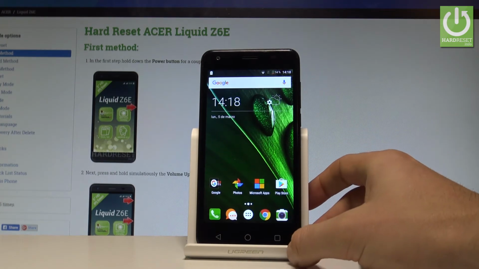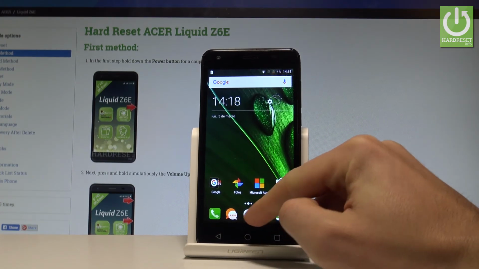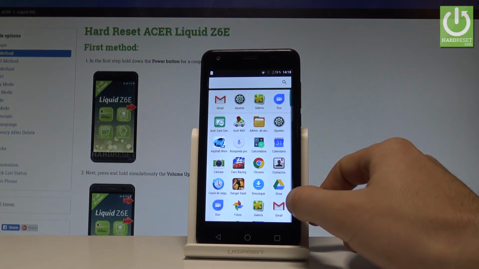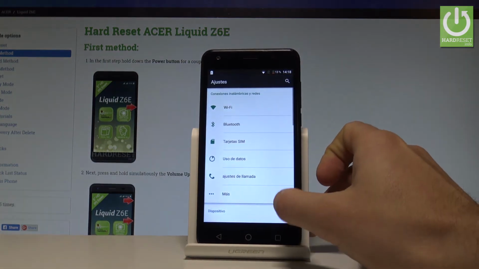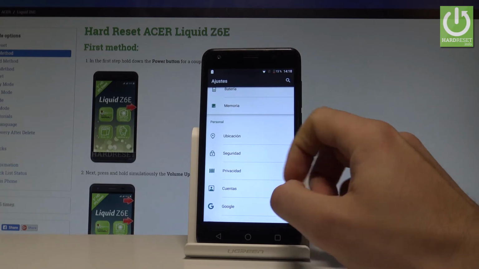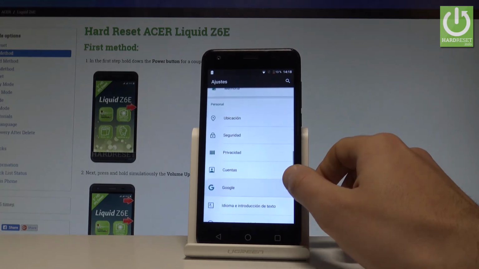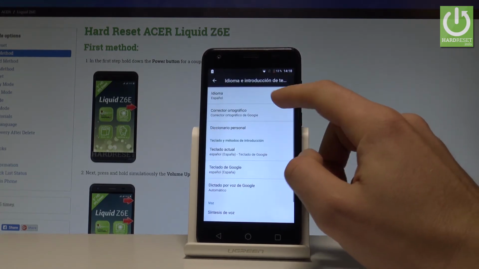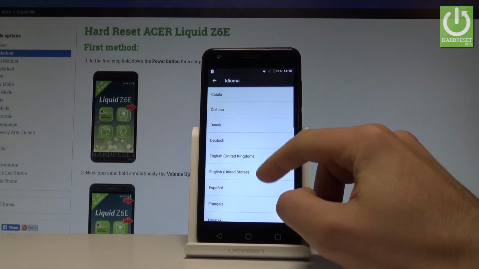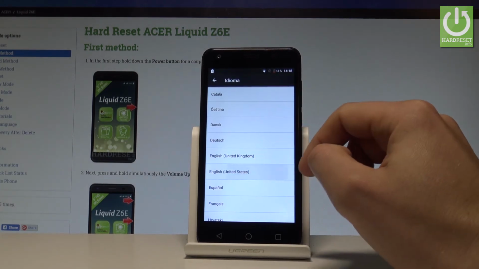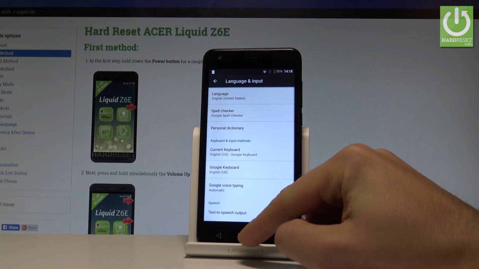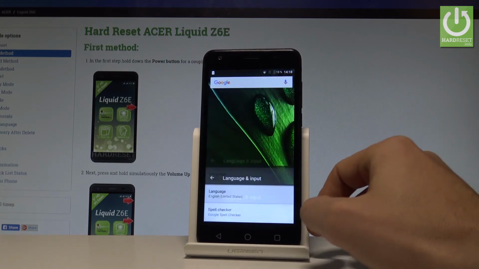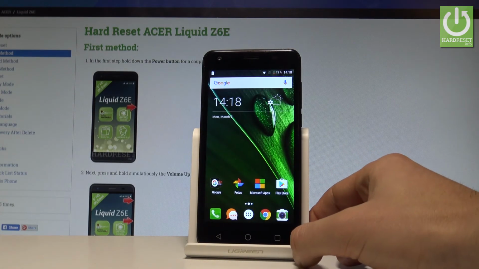If you would like to go back to previous version, just tap apps icon right here, find and select the ajustes, scroll down and under personal, let's choose the idioma y introducción de texto, tap idioma one more time, and from the following list let's choose English from United States, for example. That's it. Now you can go back and start using your device in a normal way by using the English